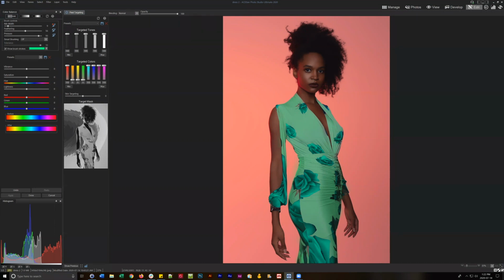So I'm just going to go through and select those as I work, making sure that all of this area has some degree of that selection applied. And I think with that, I'm okay. I can spend a bit of time cleaning up that one area, but that's fine for now. With that smart brushing applied, I'm just going to hide the show brush strokes. And when we go to change the color,